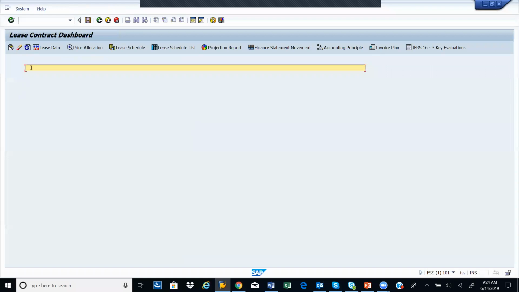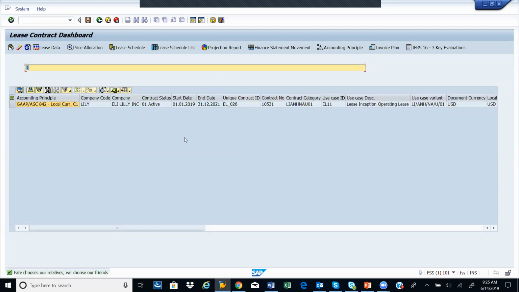Here, you enter this information. So if you want to see how many contracts you created, from the last 5 or 10 contracts, you can see that here. Because I just created 1 contract, I'm entering number 1 there. So this is the contract you created by uploading the raw data into Hamilton engine. If you want to see the lease schedule here,